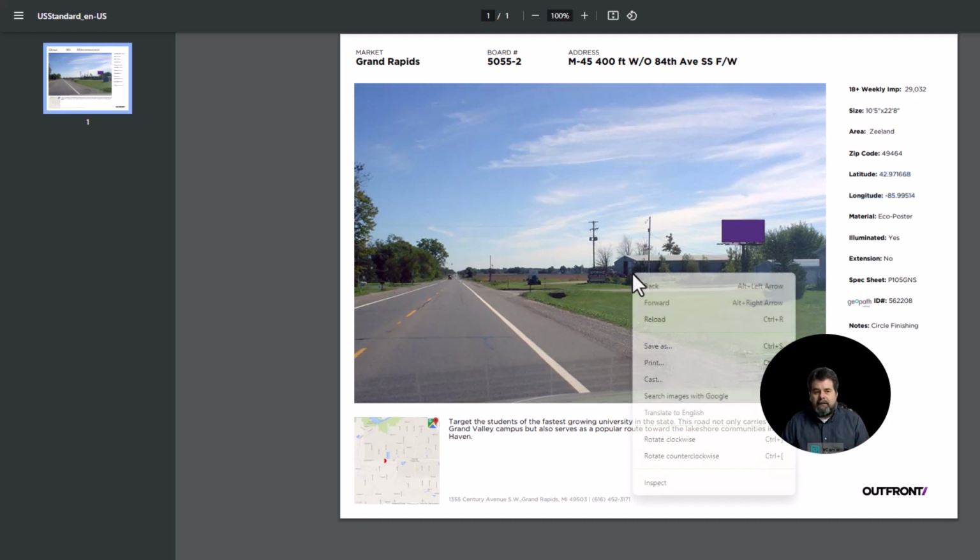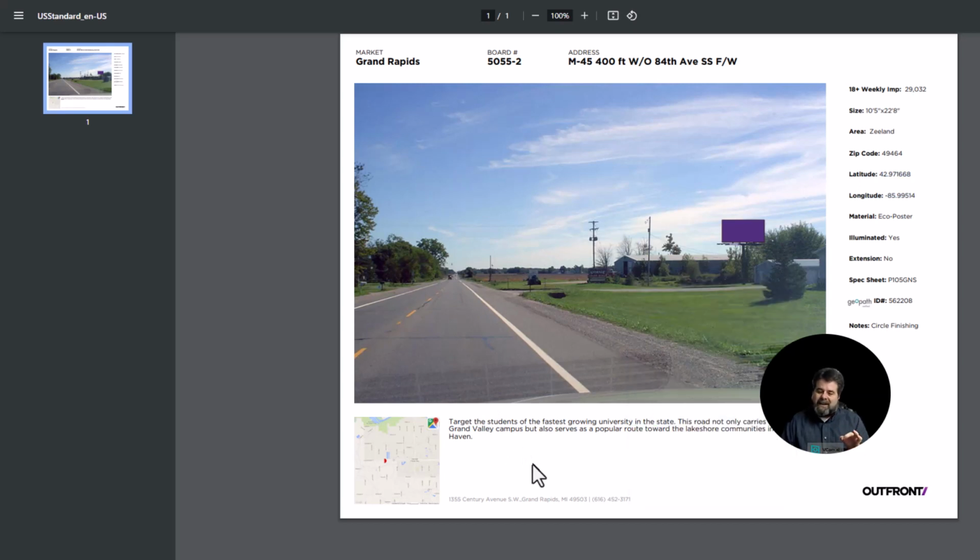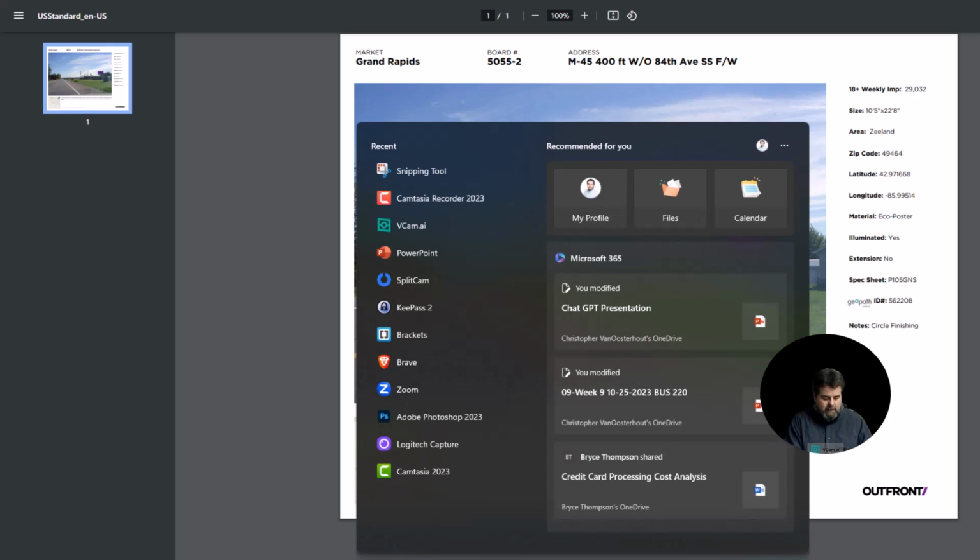Photo sheet. Now, when I took the photo from the Lamar, I was just able to right click. The reason I was able to right click and save is because in their case, it was actually an HTML page. This is a PDF. So we need to figure out a different way to get this image off the PDF. And there's a variety of ways you could do this. I'm just going to use the snipping tool that's built into